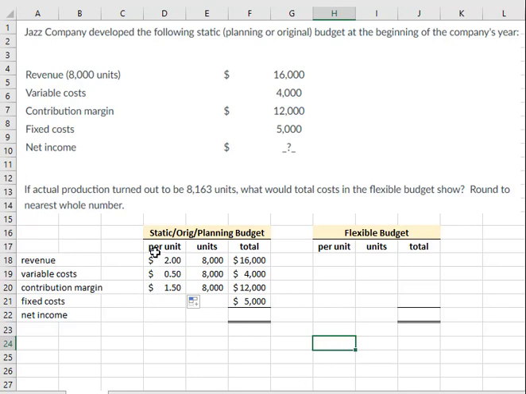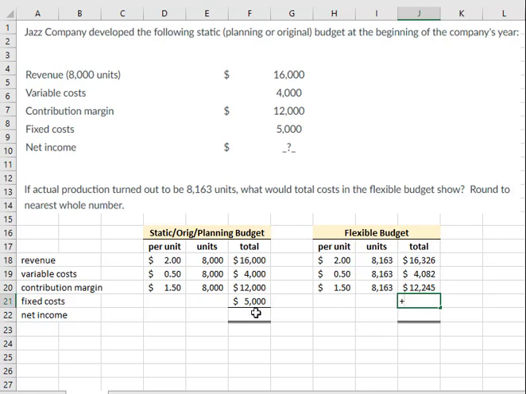And you would use those same expectations because the flexible budget is just redoing that beginning budget at the activity level achieved. They thought it was 8,000, but it turns out that they sold a little bit more. So we're just going to redo the budget that they did using the ingredients, but we had to first solve for those ingredients because it wasn't given. And then we can do it the way they did it originally, which is how many units times the per unit. We're just redoing the budget, and there would be no change in fixed cost